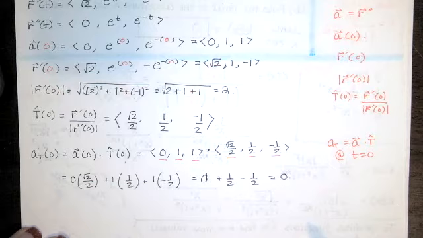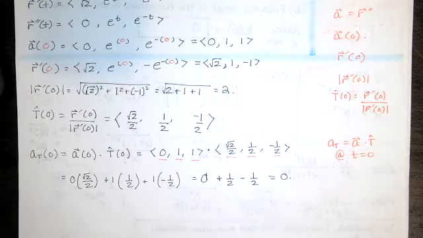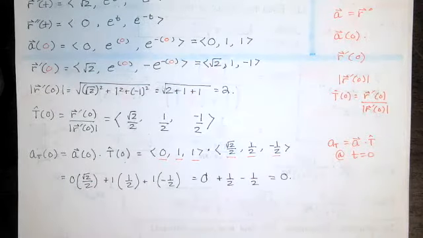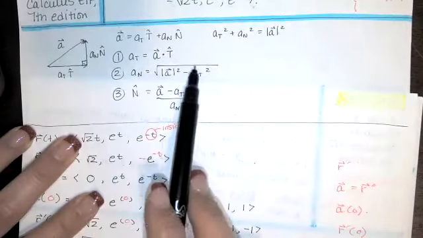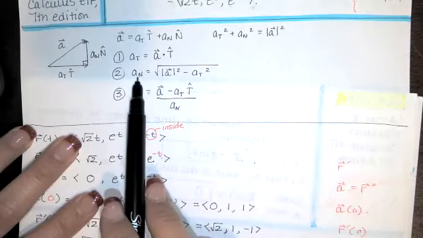That means we're not speeding up or slowing down tangent to the curve in the direction of motion. So that means all of our acceleration is leading us to turn. That's interesting. Okay, well, with that in mind, a sub n is really easy to find. If this is 0, then a sub n is just the